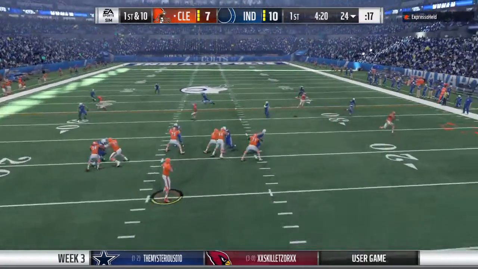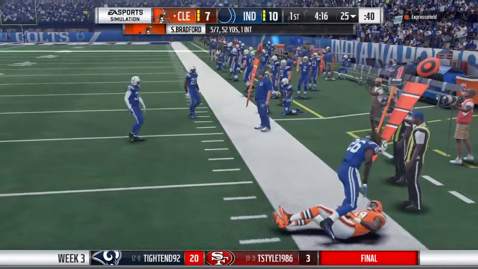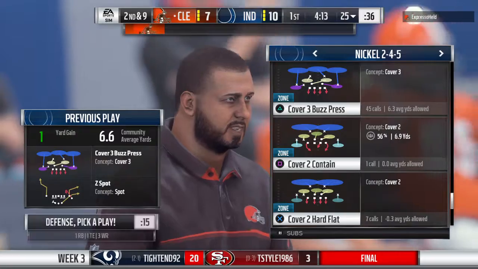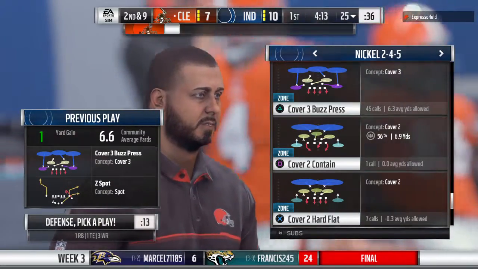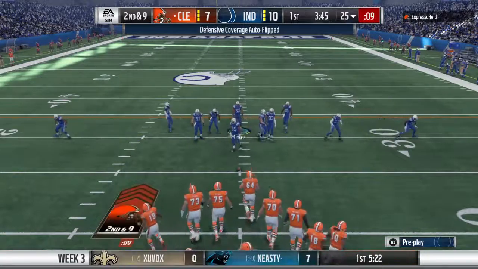They go back to the air here after the INT on the last drive. And caught right side, Green. And down he'll go at the 25. Just a yard on the catch there. It'll be 2nd and 9. 9 yards still remaining here to pick up the first on